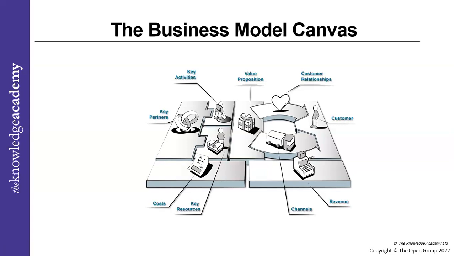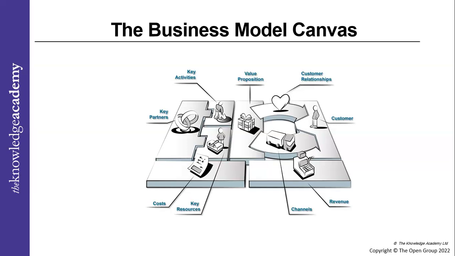Correct. Similarly, we have key resources, which is basically the assets required to make a business model work, the key activities you carry out, and the key partnerships. Getting it? All these are part of the business model canvas, correct? So if you look at this one, there are 9 building blocks of the business model canvas. Got it? So you can use it to deliver value to the client.